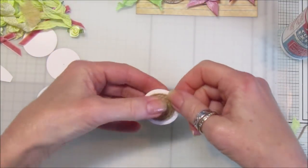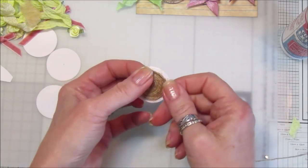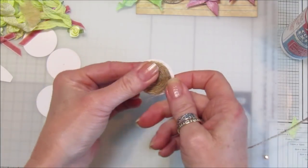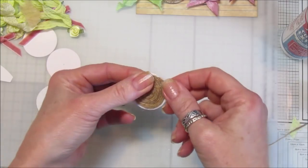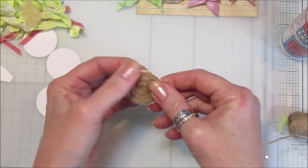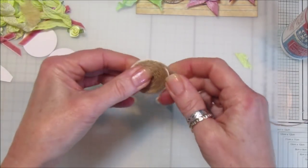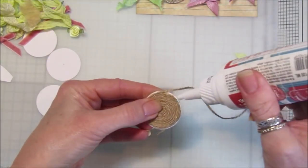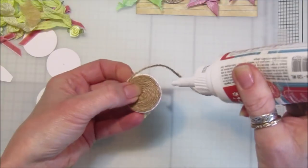So I came home and I found some string like this, and I thought I'd have a go at making one. So this is what I've come up with, and I love it. I think they're really cute. So just keep wrapping around like that. Let's pop a little bit more glue around here,